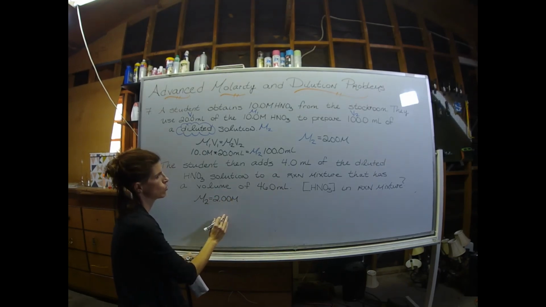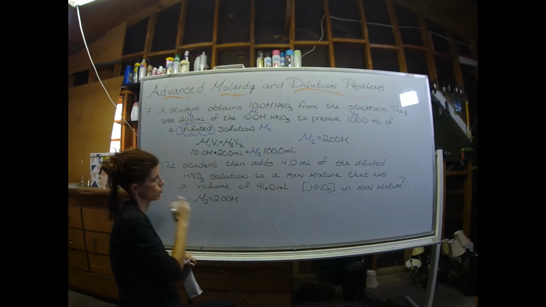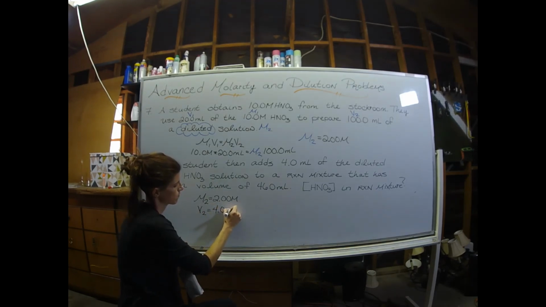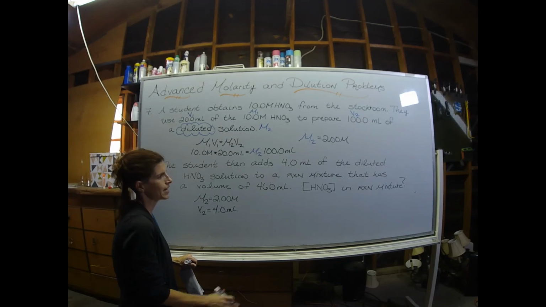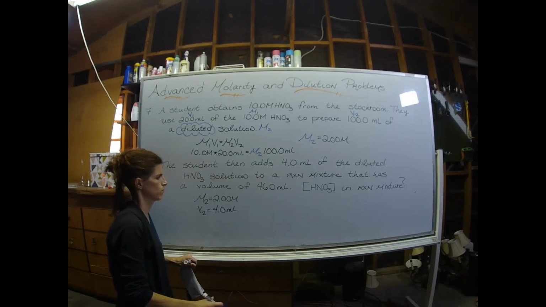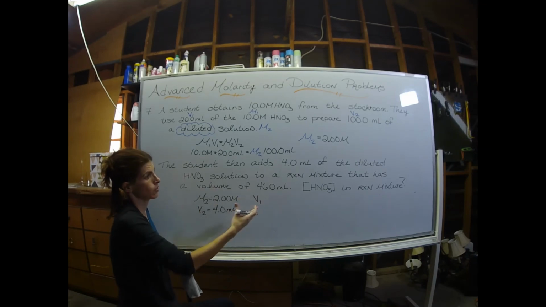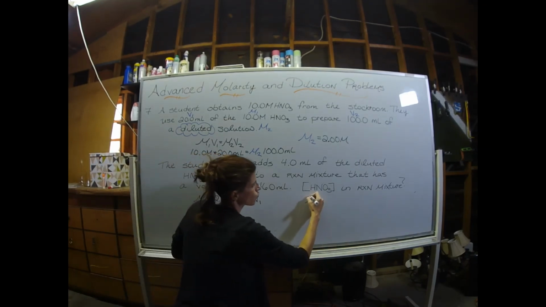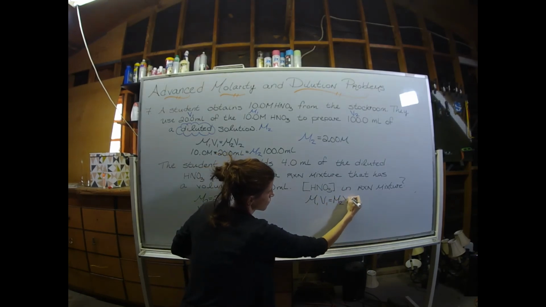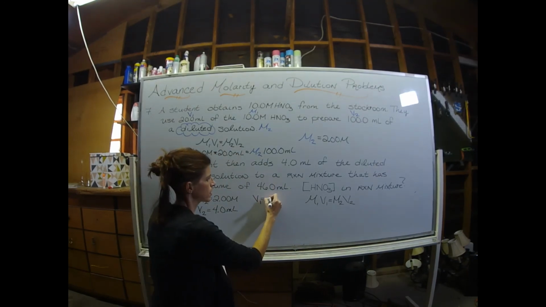And the student used 4 milliliters of that 2.00 molar solution. So I'll call that V2 since they're a pair. Then they added it to 46 milliliters of reaction mixture. I need another volume because, again, I'm trying to find a concentration, so I'm headed in the direction of using M1 V1 equals M2 V2. V1, there's 46 mils